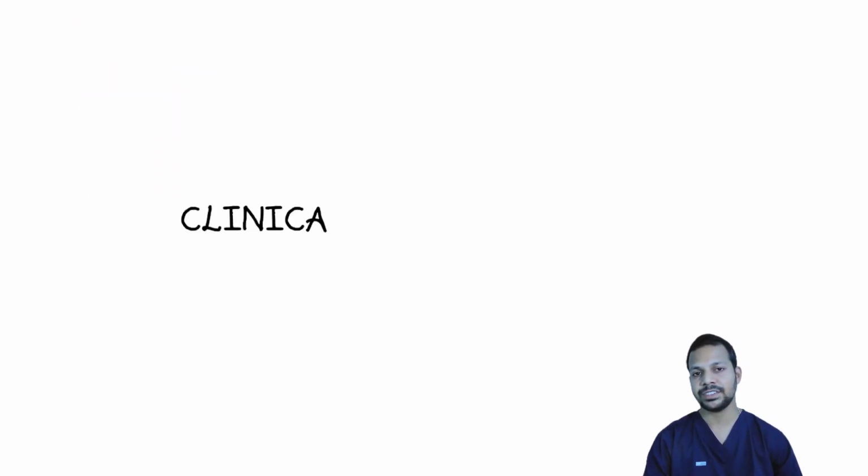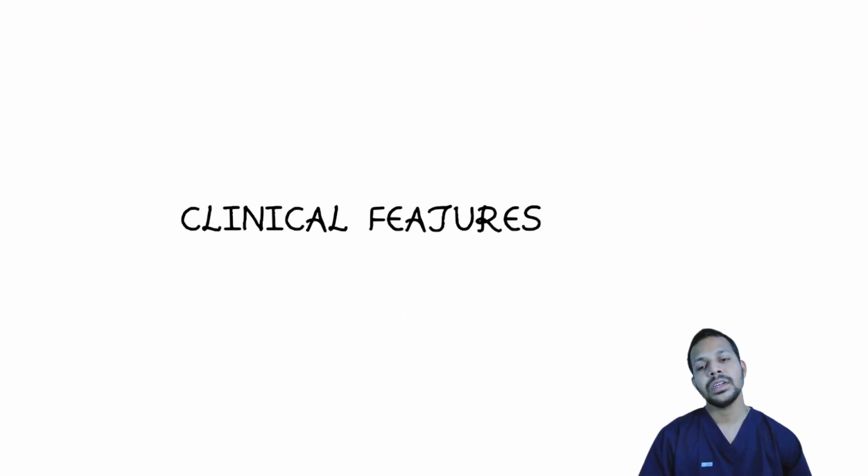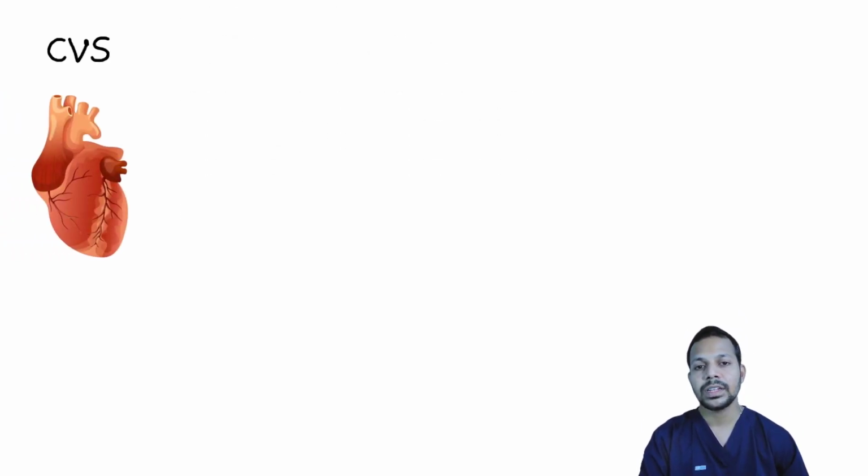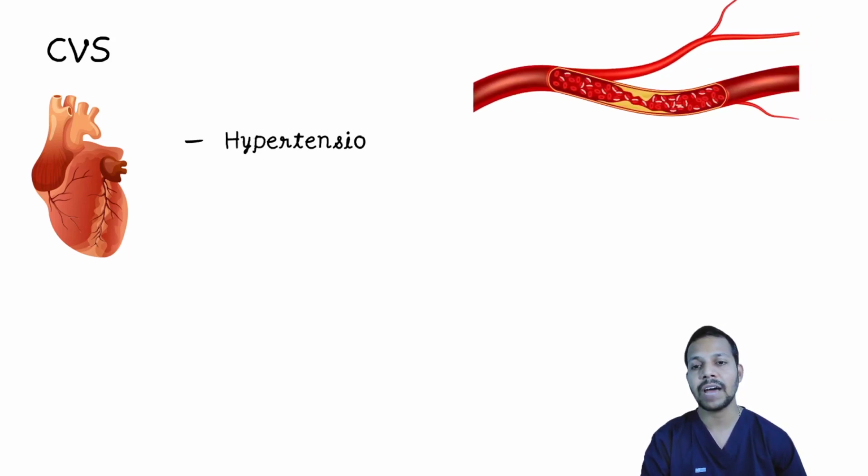Let's look at the clinical features. The thyroid hormones themselves have a lot of varied functions, and hence, when they are deficient, we'll have varied manifestations as well. Let's look at them organ wise. What happens with the cardiovascular system? There is peripheral vasoconstriction because of hypothyroidism, and hence there is increased systemic vascular resistance, because of which the patient will have hypertension, which is primarily diastolic, because diastolic hypertension is the one which is dependent on systemic vascular resistance.